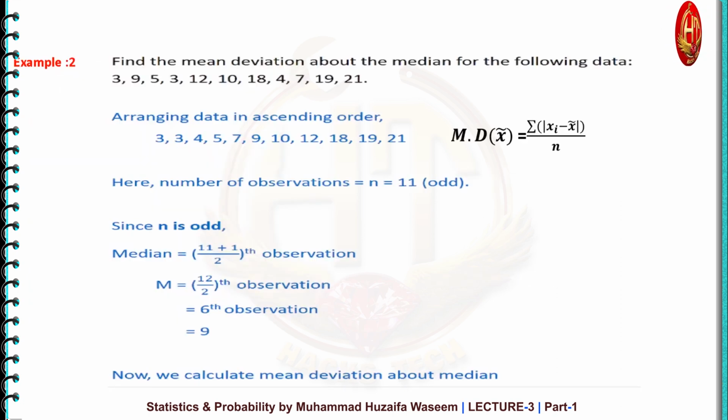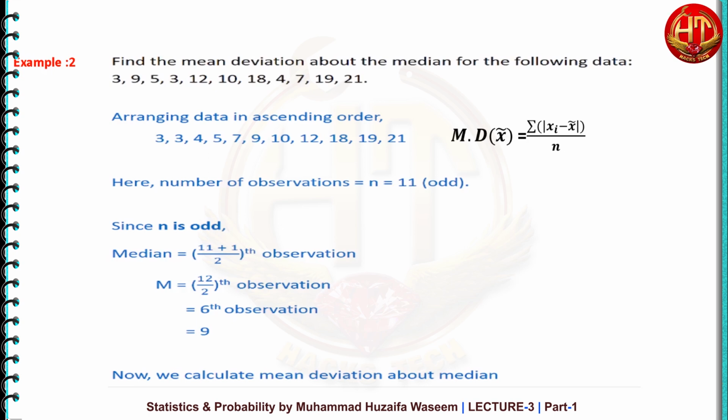Let's see another example. Example number 2. Find the mean deviation about the median for the following data. You are given a series which is unarranged, and you have to calculate the mean deviation about median for the given series. So this is your unarranged data. Then you have to calculate the mean deviation about the median with the help of the ungrouped data formula. So first you have to calculate